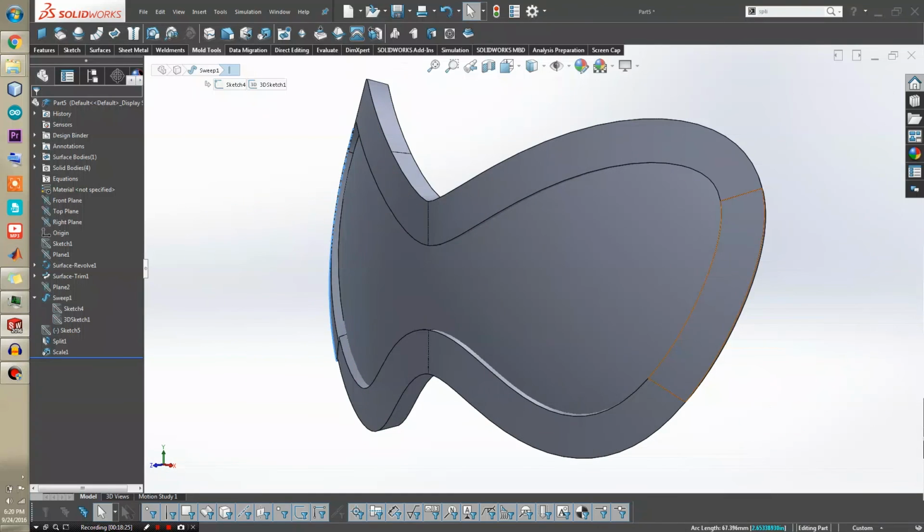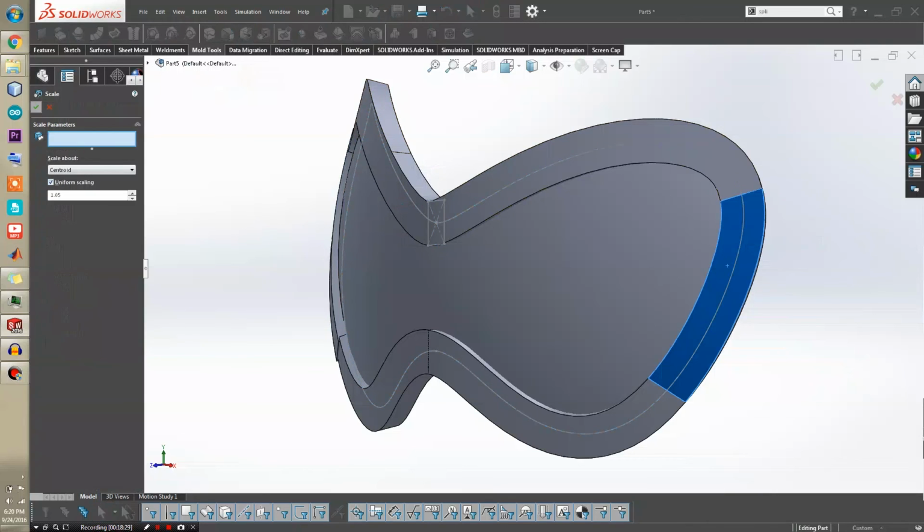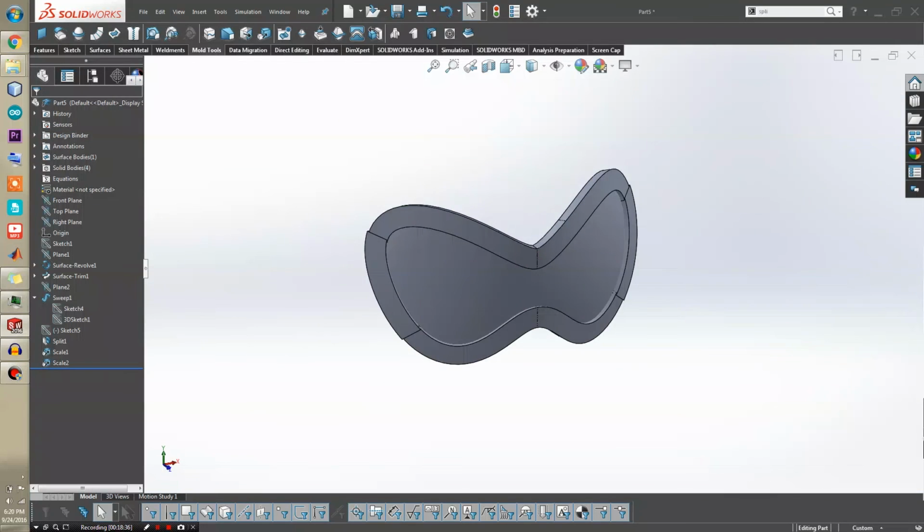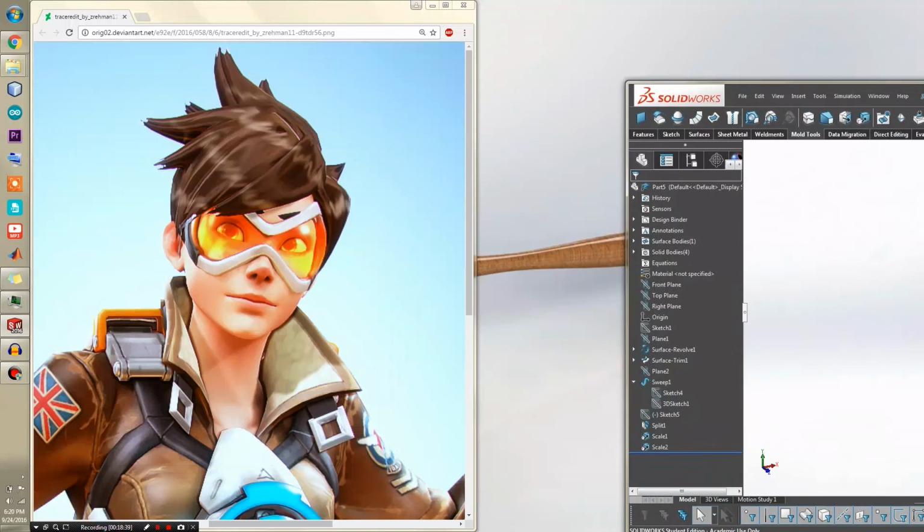Alright, I'm satisfied with that. So I'm going to perform the same thing on this one too. Scale by 1.05, this body, scale. Hooray, there we go. And looking back on it,